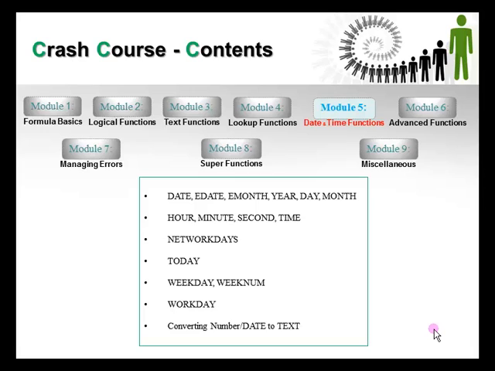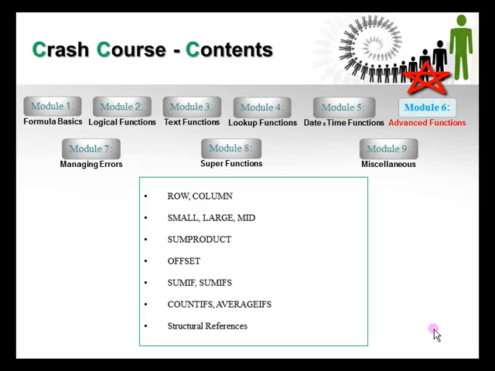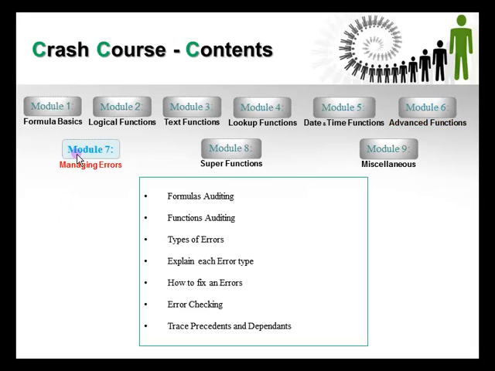We'll move on to module 6. In module 6 we have a few advanced functions, for example row, column, small, large, mid, sumproduct, offset, sumifs, countifs, averageifs, and structured references. We'll see how these small functions work as advanced functions. Then we'll move on to module 7,